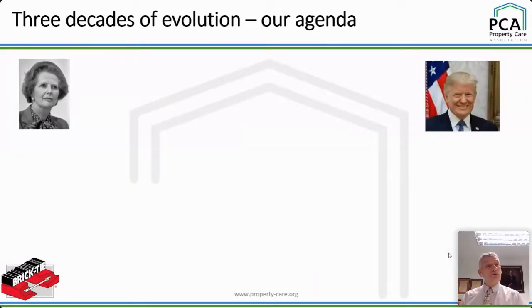All the way through to when we got the Donald, okay, the big orange guy over there. He's gone now. So there have been a lot of changes over that period. Wall tie corrosion has gone through a lot of changes. It started out basically as a niche market and ended up a huge industry at one point, and now it's fallen back again. But the importance of corrosion is that it's a semi-structural defect.